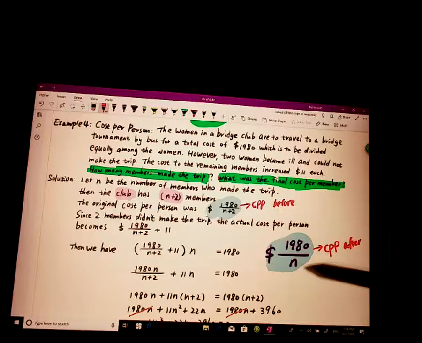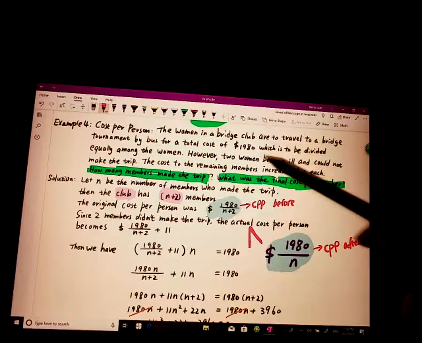So after the two people got sick, the total members who went on the trip is less. Then each person is going to share more. Do you see what I'm saying? Okay. After the two people got sick,